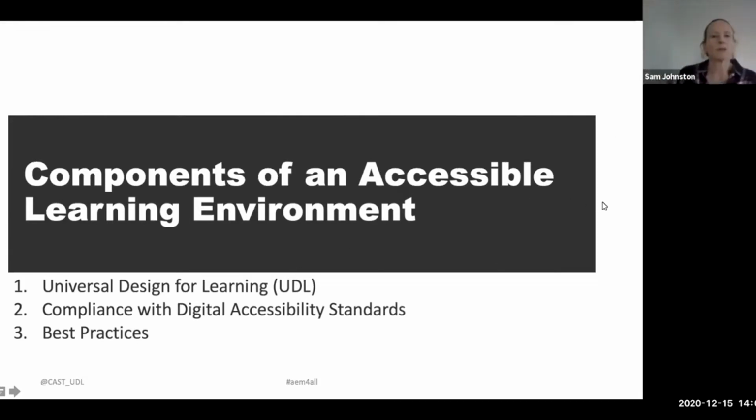We think about an accessible learning environment in the context of remote instruction or blended instruction, brick and mortar settings. We really think about universal design for learning as being foundational to that work. Universal design for learning really has as its foundational layer ensuring that people can access the learning environment. If they can't perceive that environment, if they can't engage with the environment, navigate the digital environment, they can't really move further from accessing information to turning that into meaningful learning experiences, demonstrating their understanding, being motivated to persist. And so compliance with digital accessibility standards is really, really key. And then understanding how that fits in with best practices.